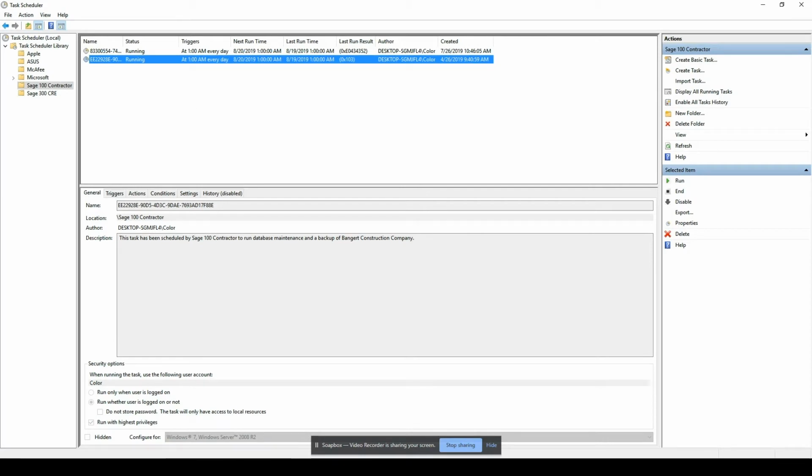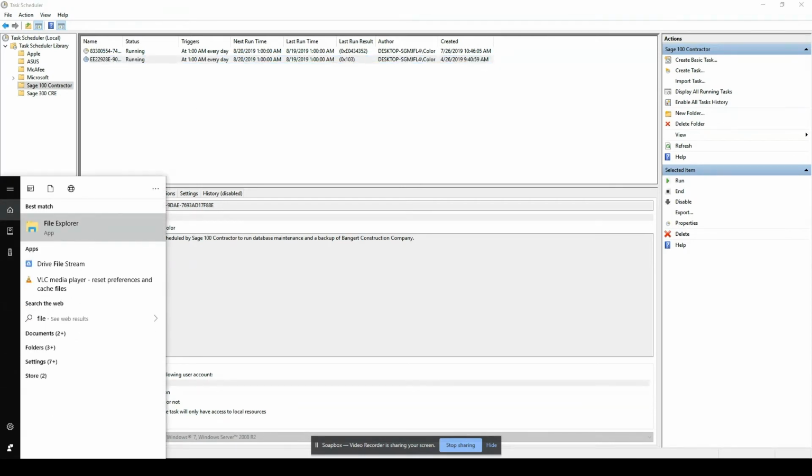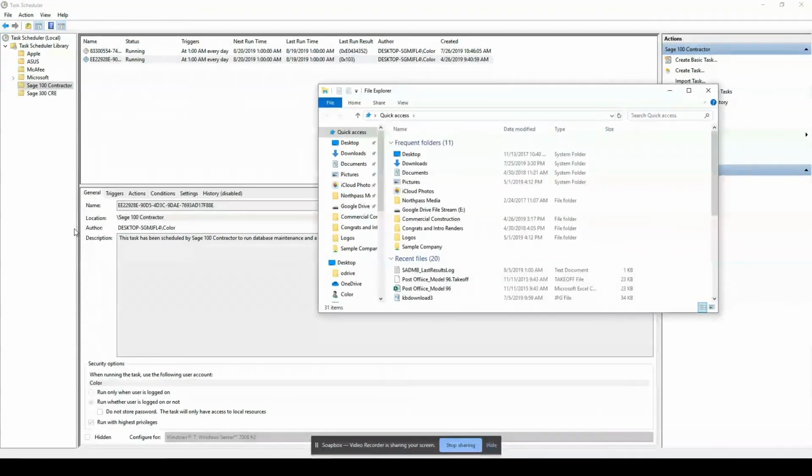Depending on how large your data structure is, we might want to do this later on in the evening because we don't want anybody to be in Sage while we're running backups, especially if somebody's on 10 key doing data entry. That's why we run our backups at night. So if it's in the afternoon, around 3 or 4 o'clock, and it's kind of slow, we can say, hey, everybody get out of Sage 100. We're going to make sure that our backups are running correctly.